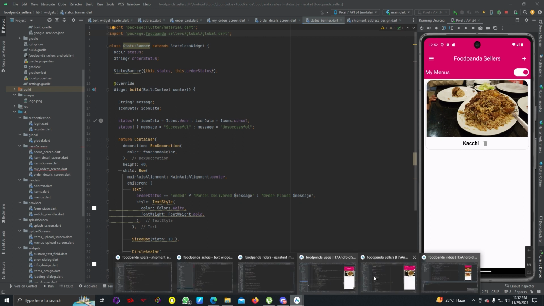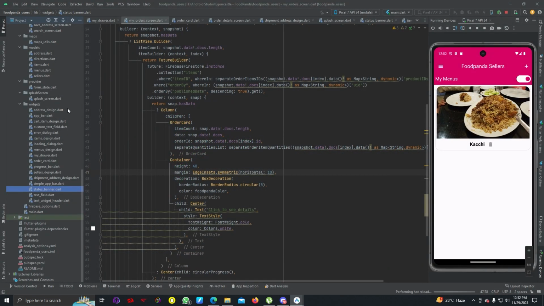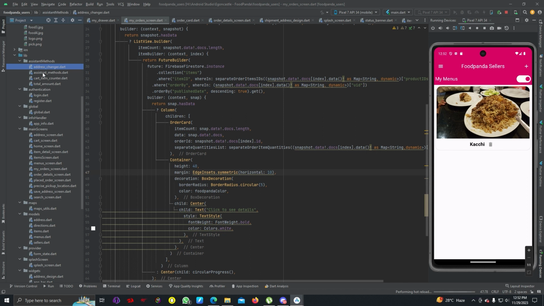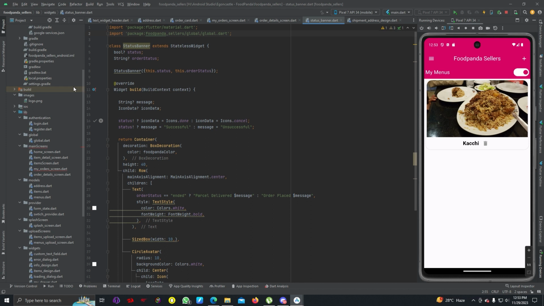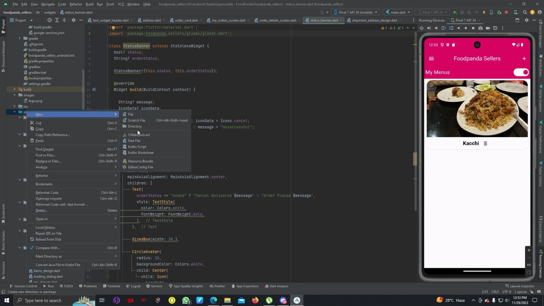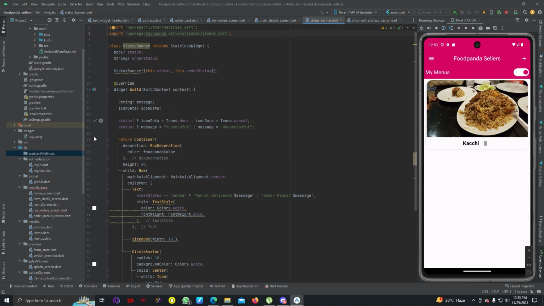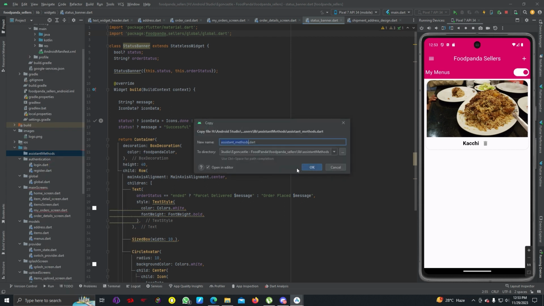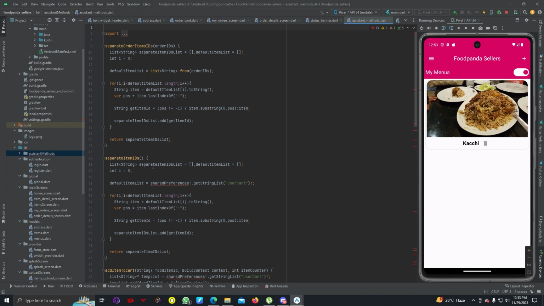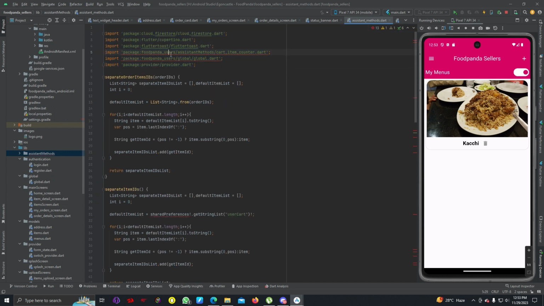And now finally we need to copy this file, assistant methods. So let's copy it and go to our sellers app and add a new directory, assistant methods, and we can paste that here. So we need to change users to sellers,